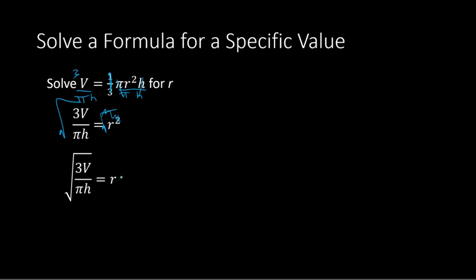And now from here, just take note that with a radical, the standard way of writing radicals is by eliminating the denominator from being inside of the radical. So what we need to do is get rid of the pi h from being inside of the radical. And to do that, we can separate into two different parts and then multiply the top and the bottom by this radical down here. So if you multiply top and bottom by the square root of pi times h,